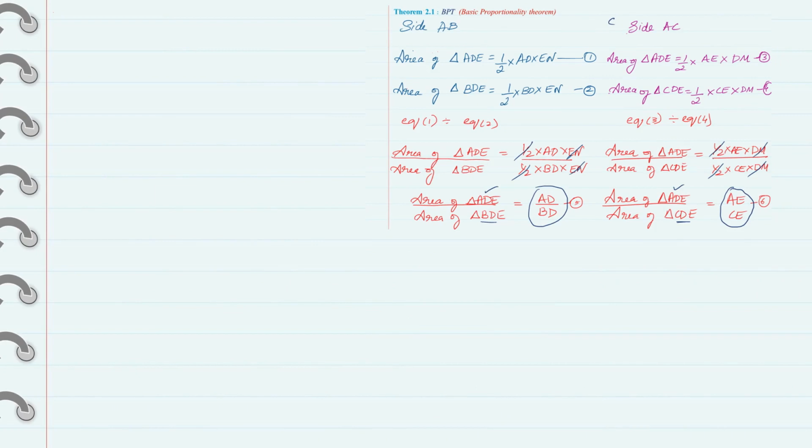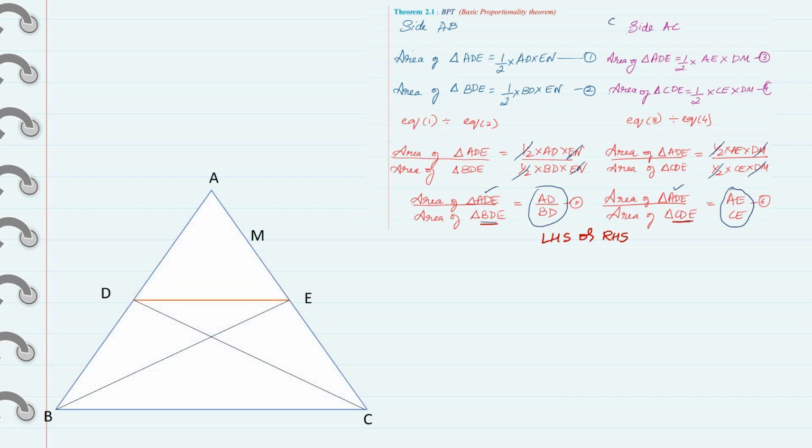Okay, we got equation number 5 and equation number 6. To compare any equations, what we require is either LHS should be equal or RHS should be equal. So RHS anyhow we have to prove, and for LHS the only difference is triangle BDE and triangle CDE. We have to make both equal. How to make it? So check it out. Which are the two triangles here? CDE from equation 6 and triangle BDE from equation number 5.